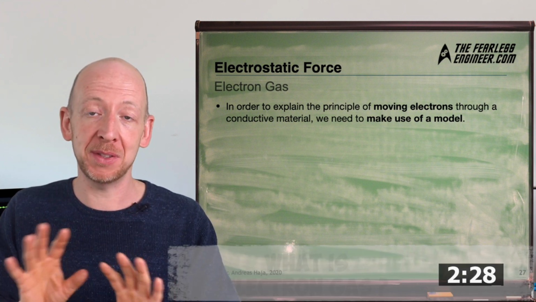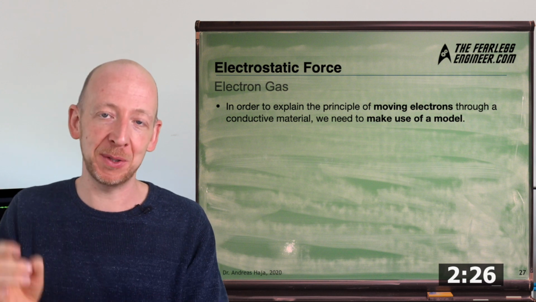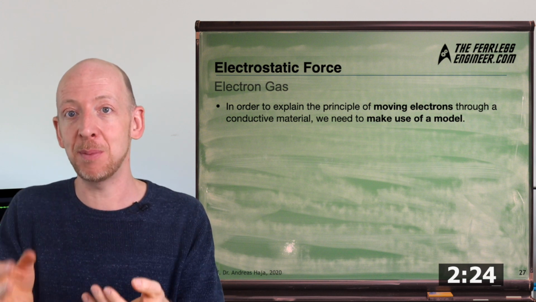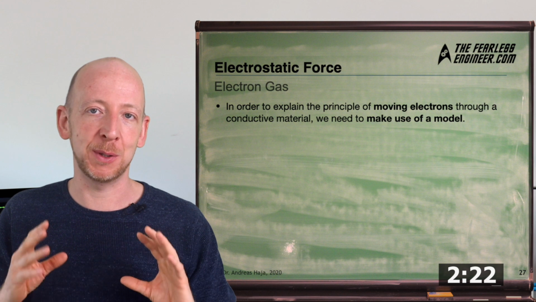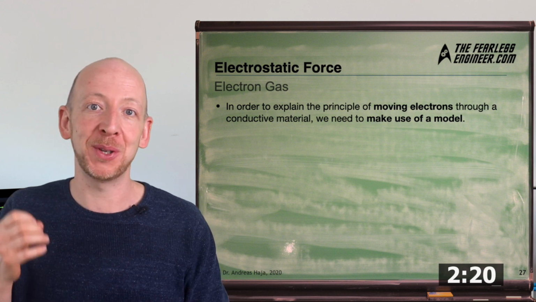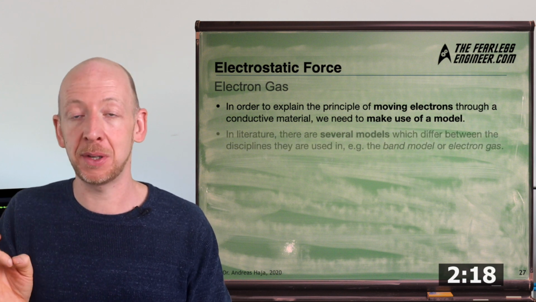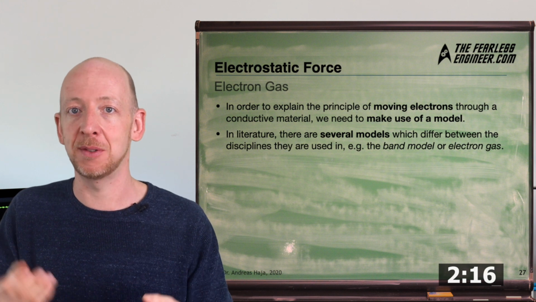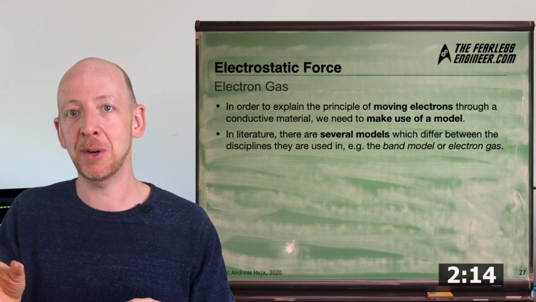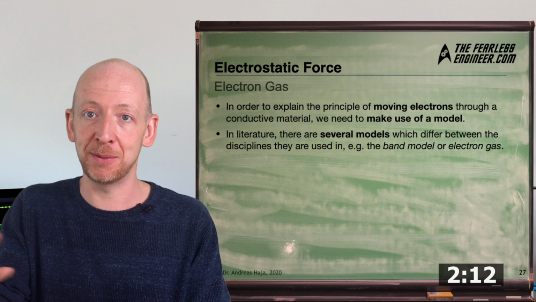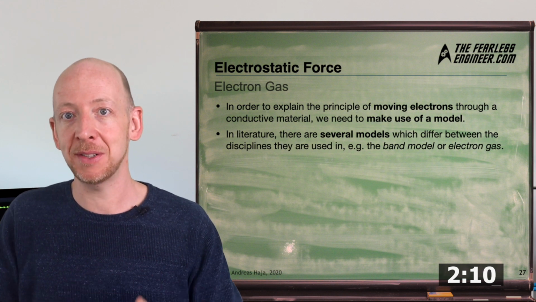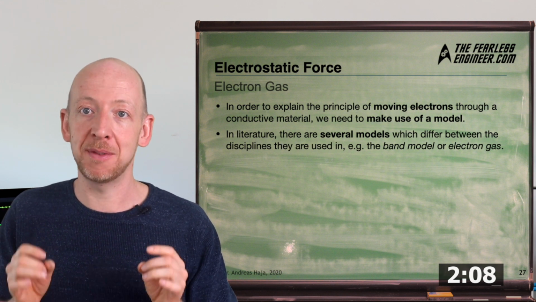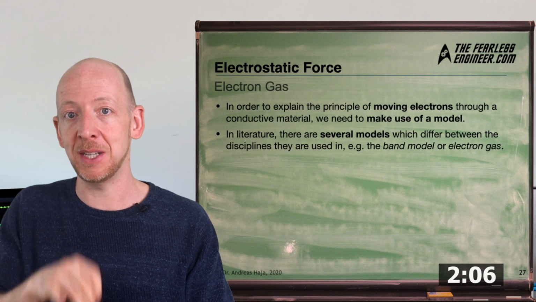Models are used in abundance everywhere in physics, in mathematics, in chemistry, and they help us understand and describe what's happening in the world by means of equations and parameters. Now, if you look into the literature, you will find several models to describe the motion of electrons through a medium. One of the most well-known models is the band model, which we will look at again in the future when we discuss semiconductor physics. And also we have the model of electron gas, which we'll use here in this model,